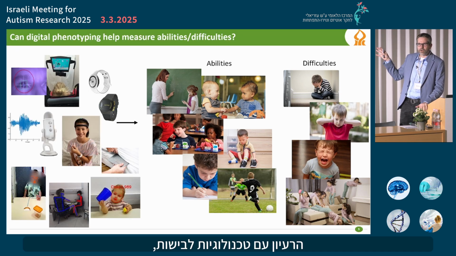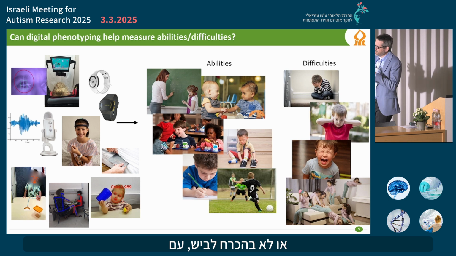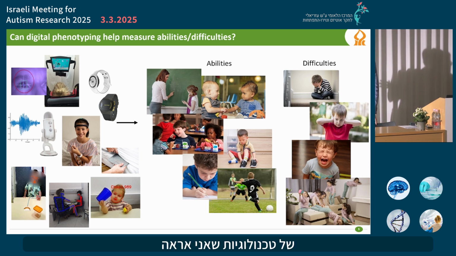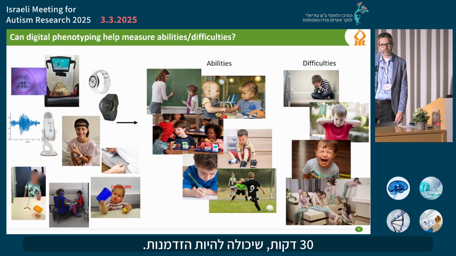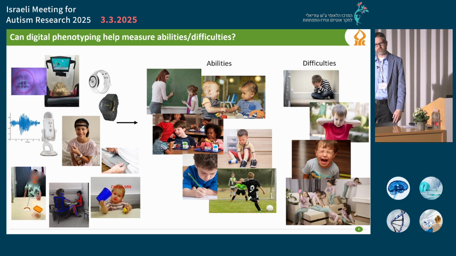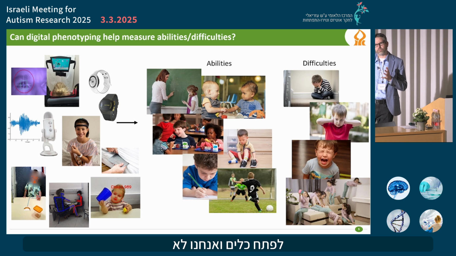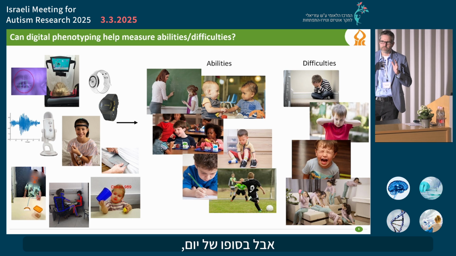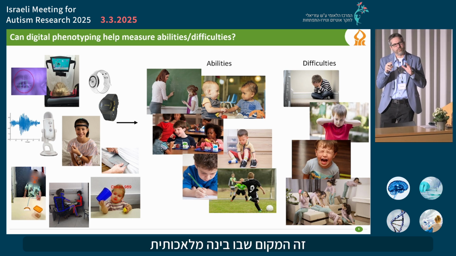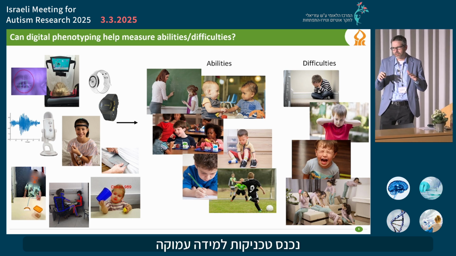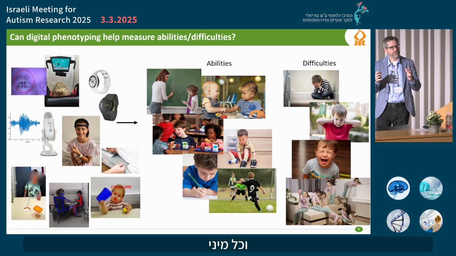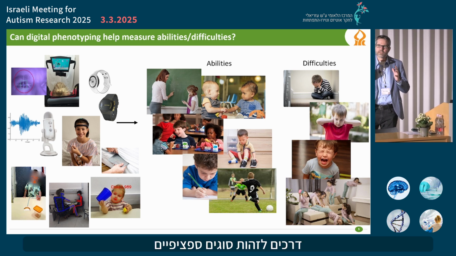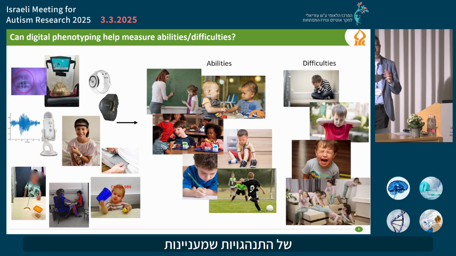The idea with wearable technologies, or not necessarily wearable, with a bunch of different types of technologies that I'll show you in the next 20, 30 minutes, is that there might be an opportunity to develop tools. We're not going to talk deeply about algorithms, but at the end of the day, this is where artificial intelligence comes in, and deep learning techniques, and all sorts of ways to identify specific types of behaviors that are of interest to us.